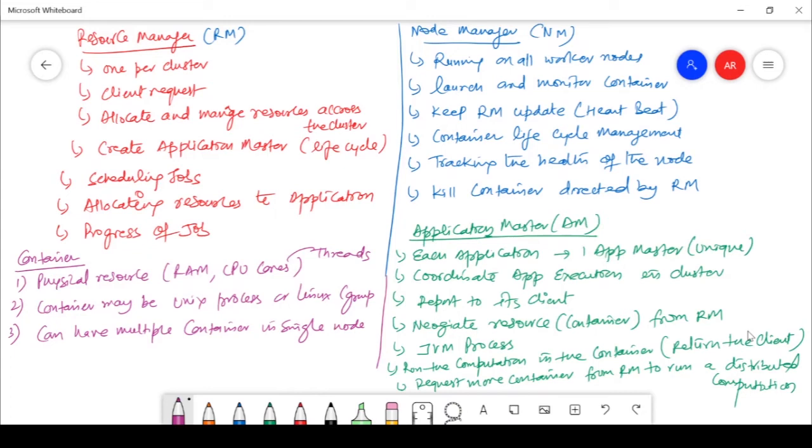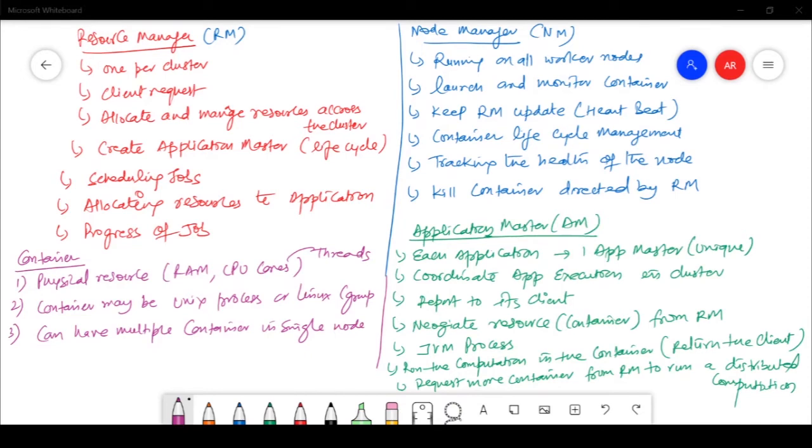And then creating an application master. What is the meaning of creating an application master? Once we get a new job and we see that one employee is free right now in the resource pool, let's say Anusha Goyal is free right now, what I will do is create Anusha Goyal as an application master. Then I will create a project manager. So Anusha Goyal will be a project manager for job number 25, let's say. So she will be the application master for that.